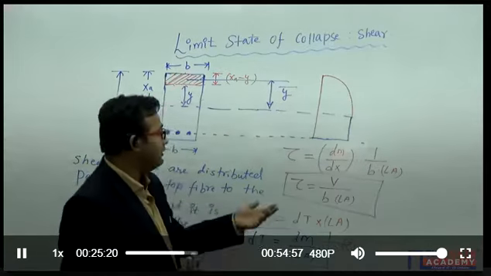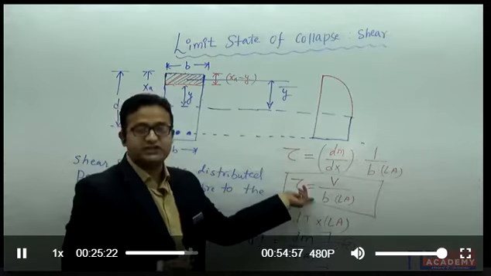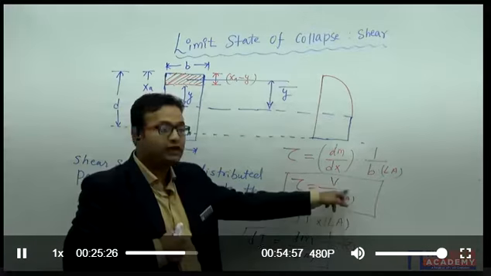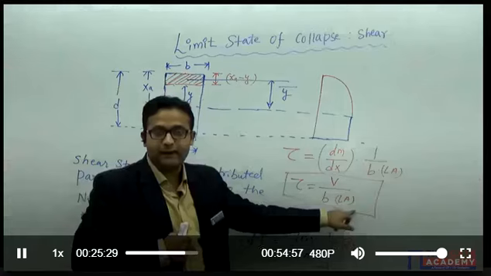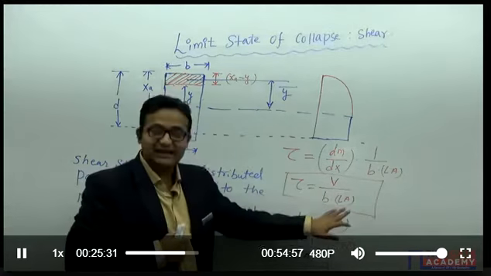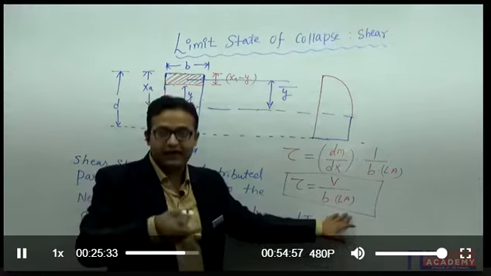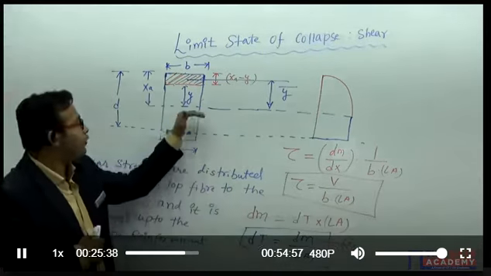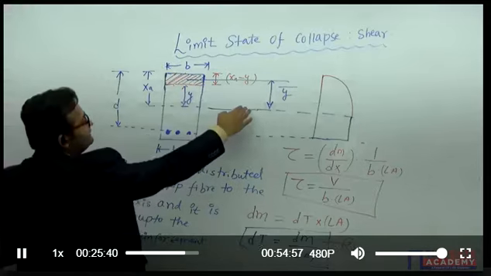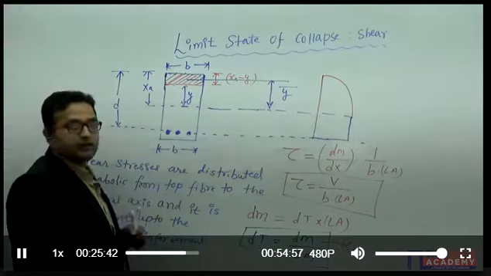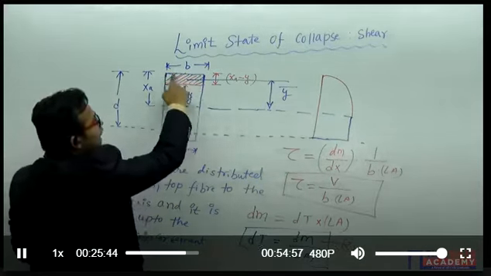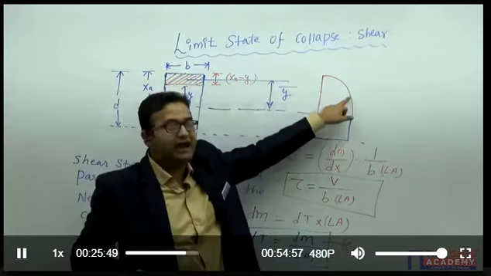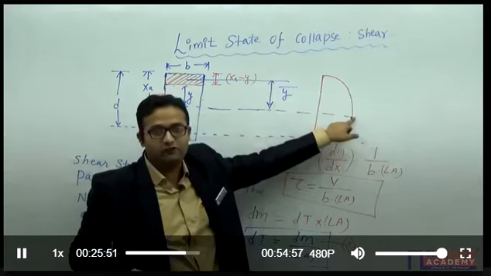So sir, we have derived this formula for shear stresses below the neutral axis: tau equal to V divided by B into lever arm. And anywhere it does not depend on the value of Y or the depth below the neutral axis. In the case of above the neutral axis, it depends on the Y. If I change the Y, at the top fiber, I was getting zero shear stress, and if I change the value of Y, I was getting maximum value of tau.